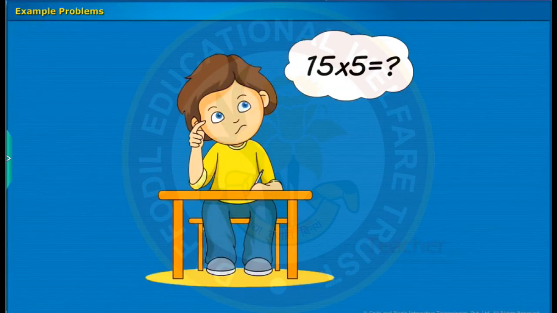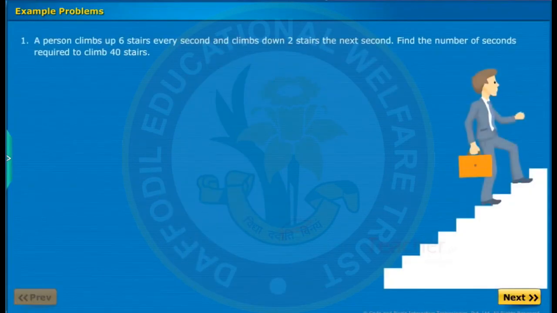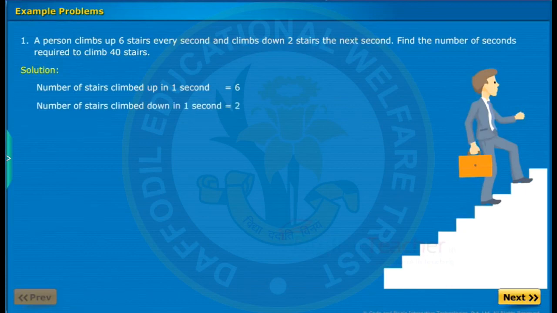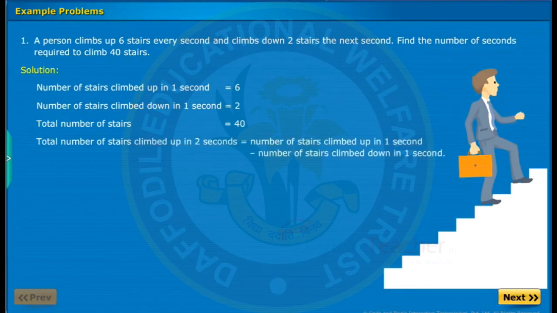Let us solve some example problems. A person climbs up 6 stages every second and climbs down 2 stages the next second. Find the number of seconds required to climb 40 stages. Solution. Given number of stages climbed up in 1 second equal to 6 and number of stages climbed down in 1 second equal to 2. Total number of stages are 40. Total number of stages climbed up in 2 seconds is equal to the difference between number of stages